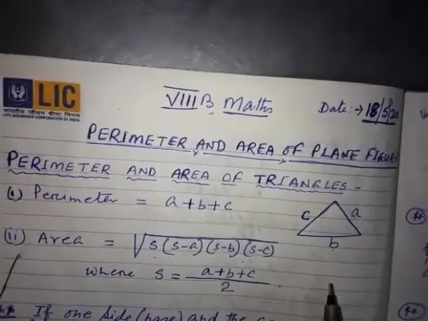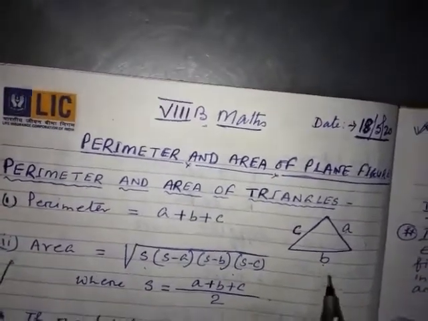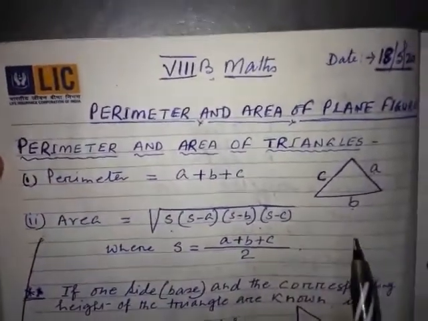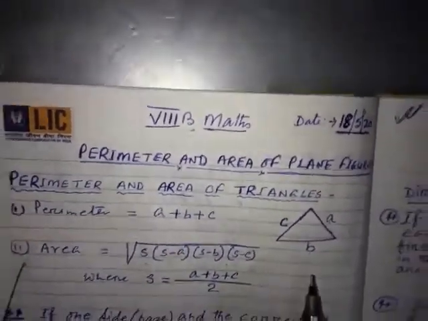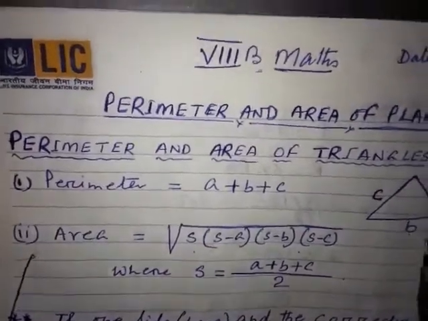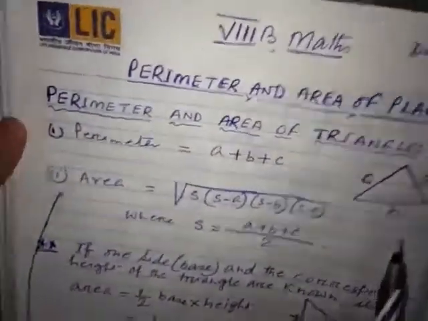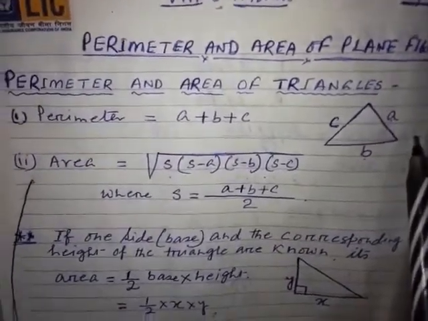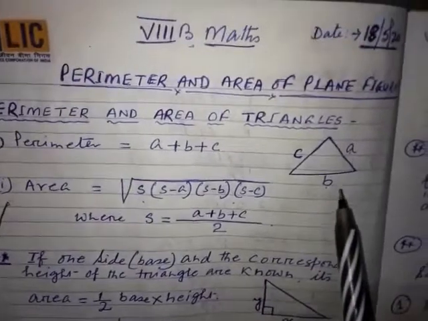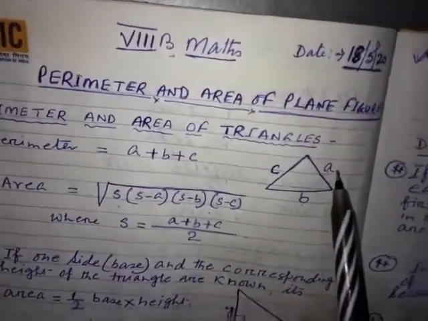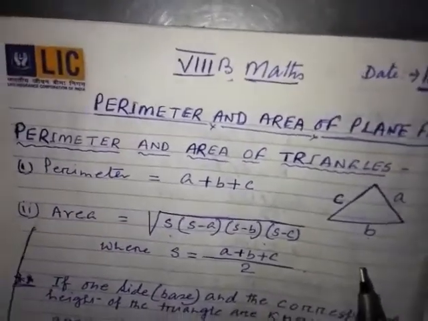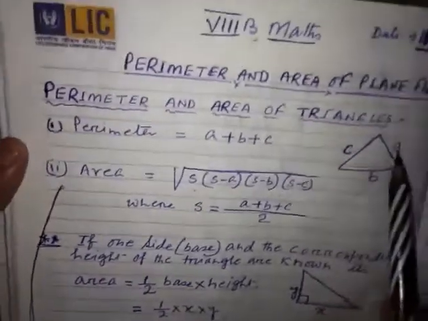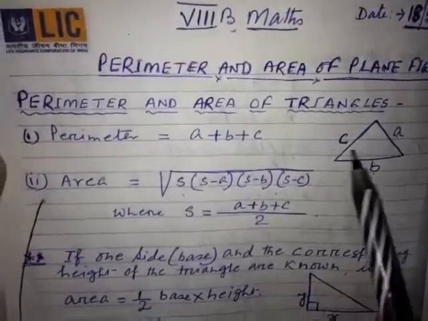Before going further, all of you already know the perimeter. I told you many times, the perimeter of any figure is the sum of its boundary wall. If you take a triangle, how many sides does it have? Three sides, and definitely these three sides will have different lengths. Here I have taken the three side lengths as A, B and C. Whether it is centimeter or meter, the unit will be given in the question. So perimeter means the length of the boundary wall. A plus B plus C, this is the perimeter.